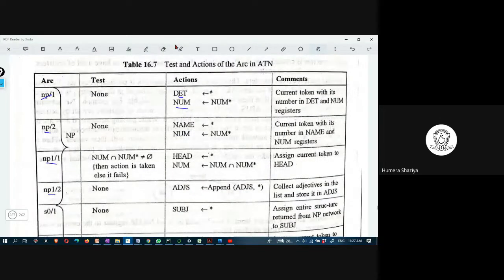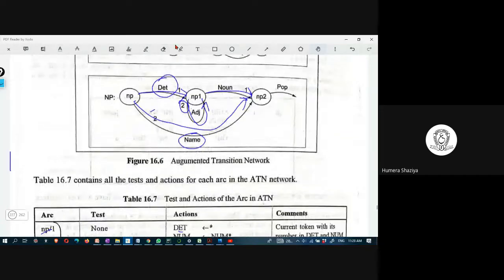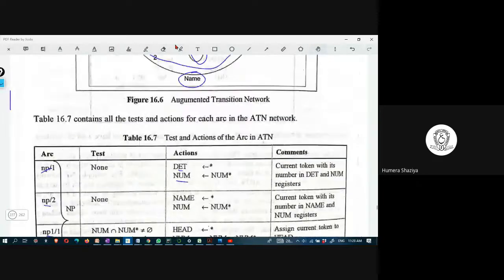When the current token is name along with the number, and then np1 by 1, num and num is equals to null, then action is taken, else it fails. Num and num is not equal to 5. What does this mean? When we are in np1,